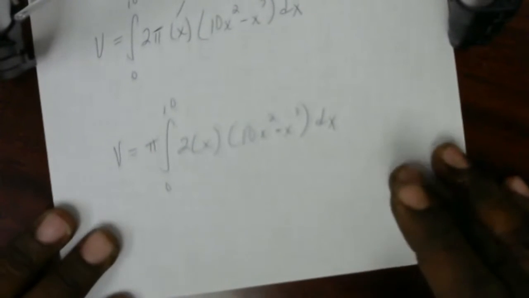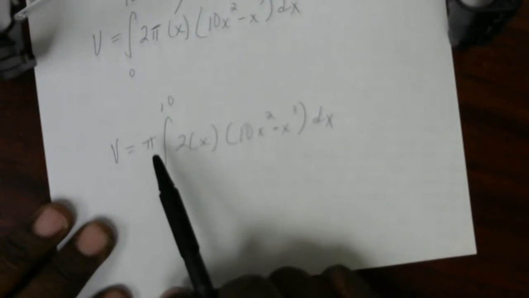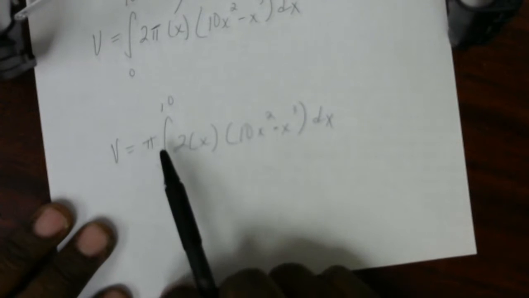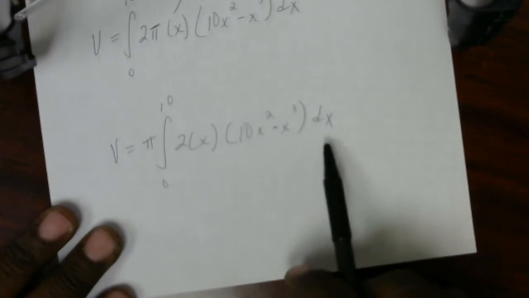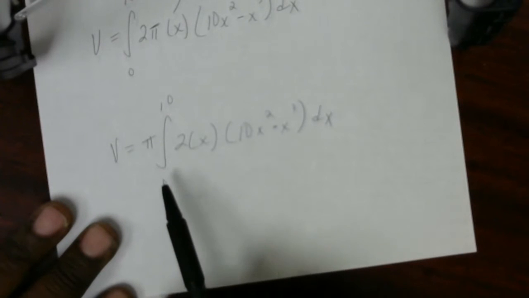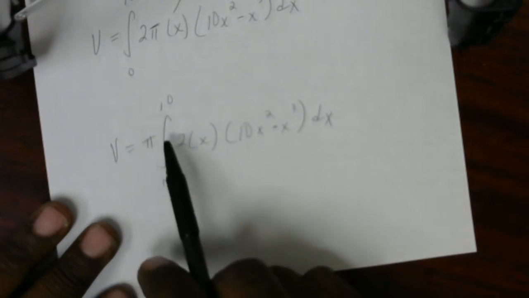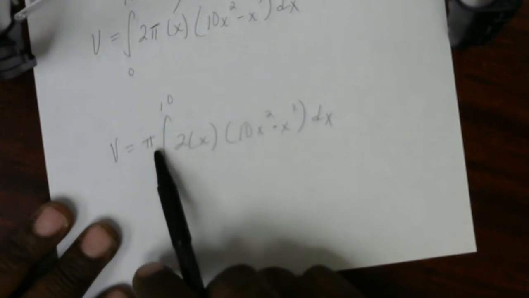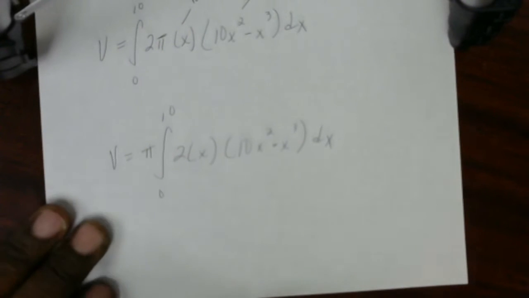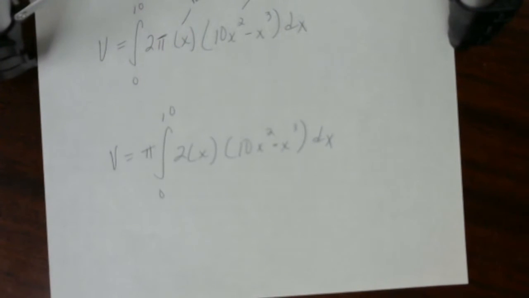I'm actually going to pull pi in front of the integral operator. Okay, now you don't have to do this in all problems, but for this first example, I'm going to pull pi in front of the integral operator. This is what I'm going to put into the calculator. And then in the end, I'm simply going to reattach pi. All right, so to show how that is done,